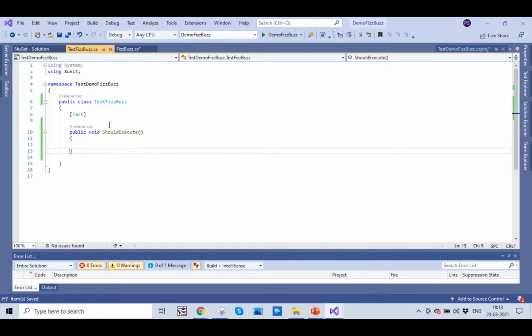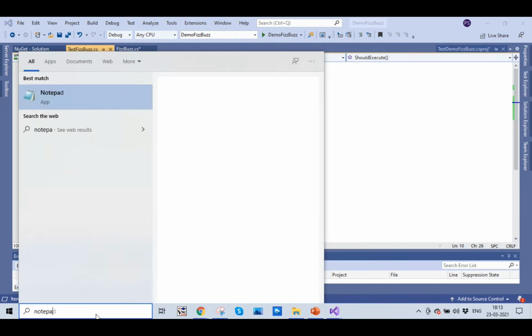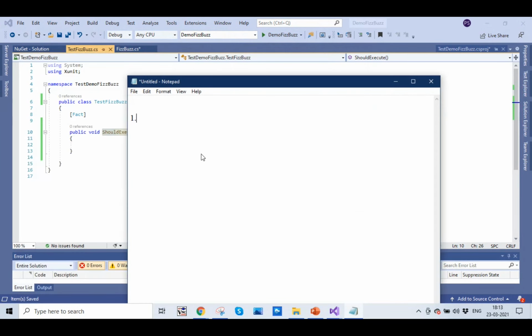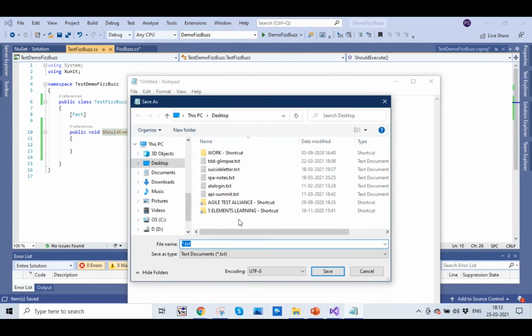I'll be following a naming convention: whatever method name I'm picking in the dev part, I would add should to it in the test part. So I'll just write a first test which will be empty. This is the first test which is empty,